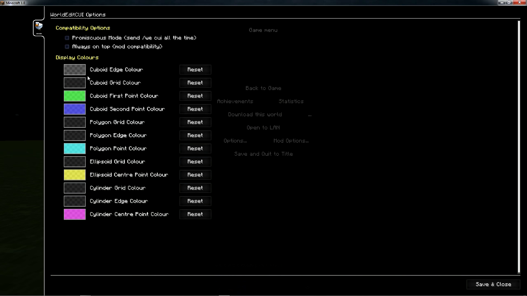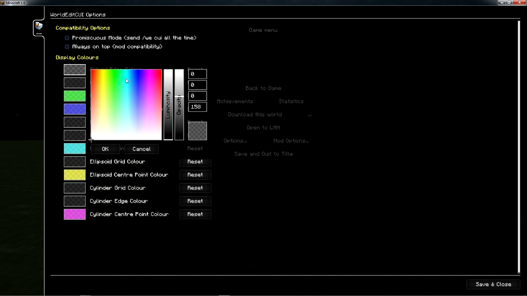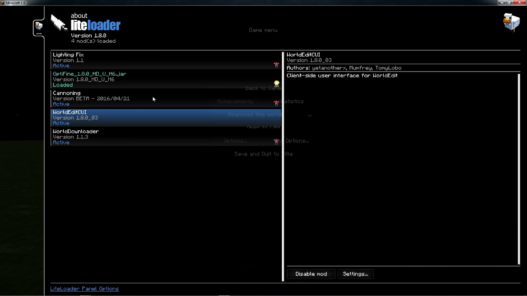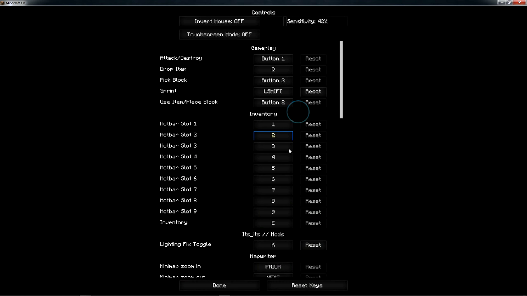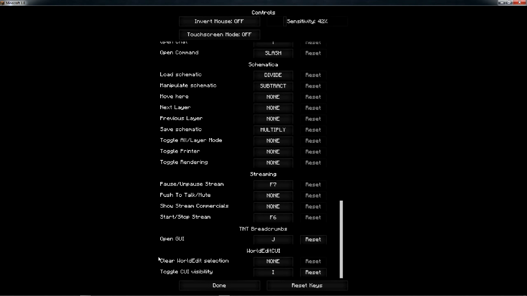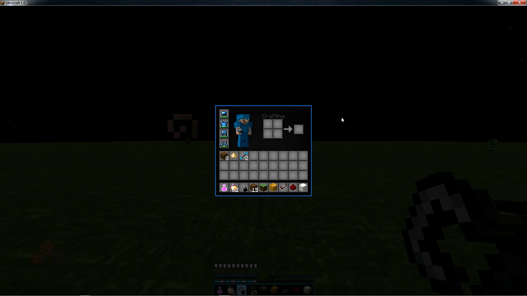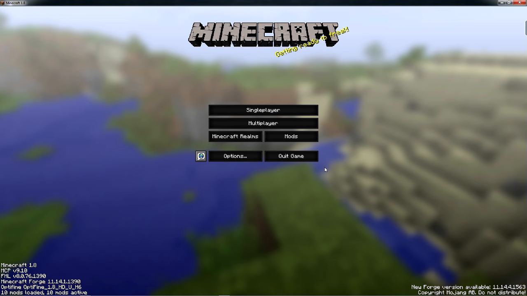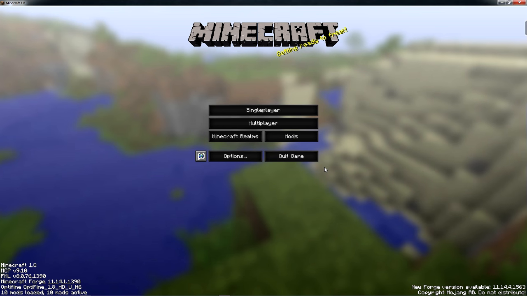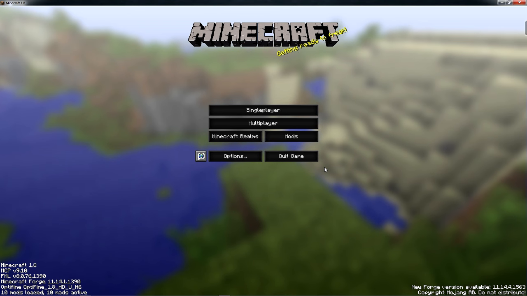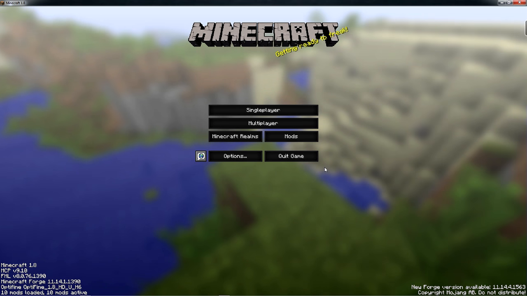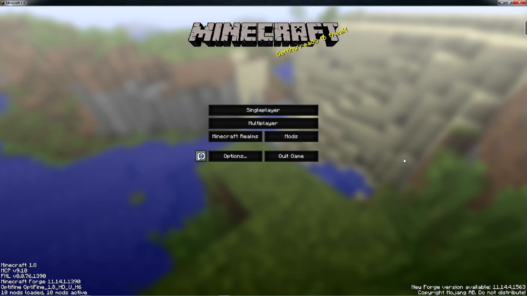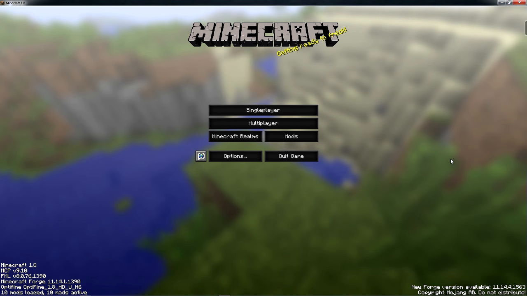So we're gonna actually have to head on to the server with WorldEdit, but your colors might be a little bit different. You can change them. There's a lot of options here, and also in options controls you can edit these keybinds right here. So toggle visibility I've set as I. Obviously there's no wand. Never mind, I didn't want to forward on any servers or anything, but you've probably seen the WorldEdit boxes and everything when I select the ground. All of that is WorldEdit CUI. You can toggle it on and off, which is nice.